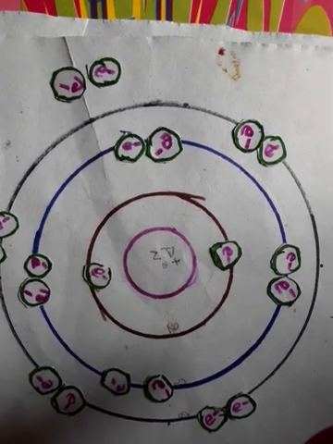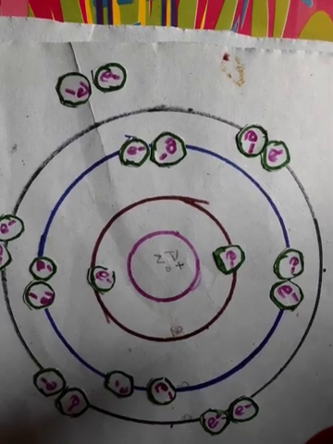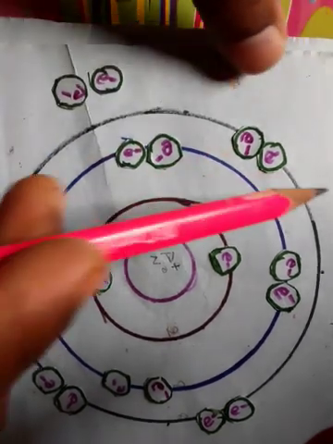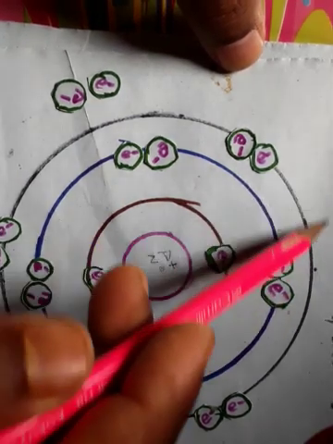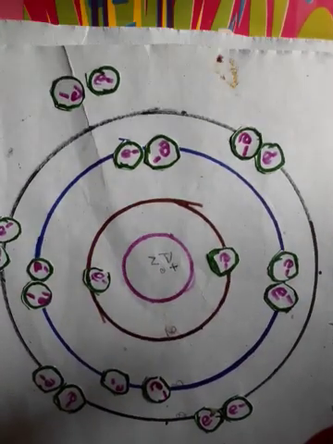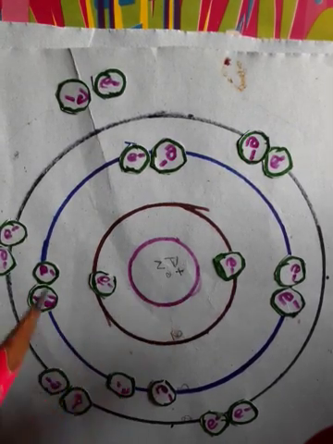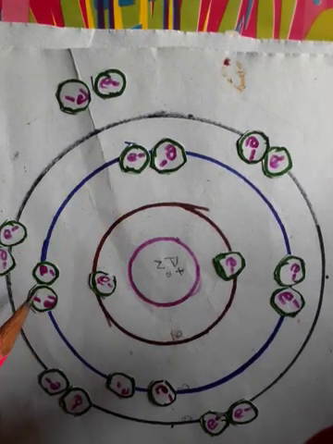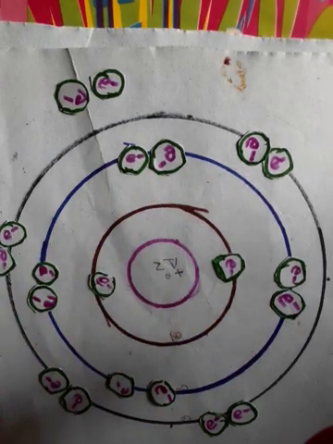And in this way I think you have drawn your atomic structure. So this is the atomic structure of calcium. Okay, I have not drawn the next one. For calcium, in the first orbit, once again I will revise, 2, in the second orbit 8, in the third orbit 8, and in the fourth orbit there is 2.